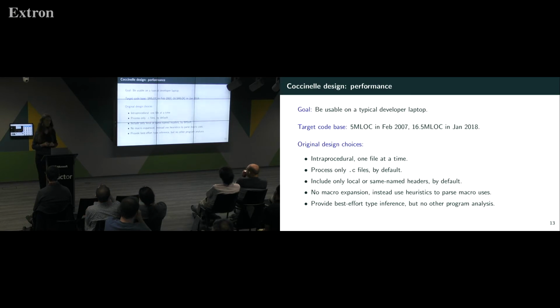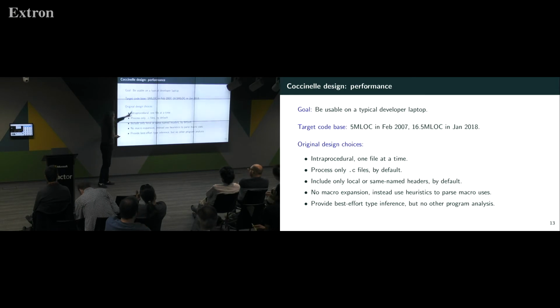So the next question is performance. Basically, our idea is that the tool should be usable on a typical developer laptop. Some other people have done very precise tools for reasoning about C code, where you had to take your code and put it out on the cloud and get 100 servers, and then 3 weeks later you would get your results. That was really not the kind of option that we were aiming for. We're thinking of the typical developer, maybe kernel developers, they kind of work in cafes or on mountains and things like that. They're not necessarily connected to a large server all the time.